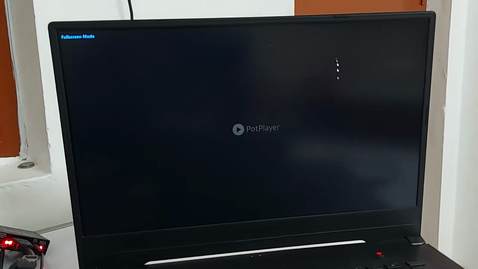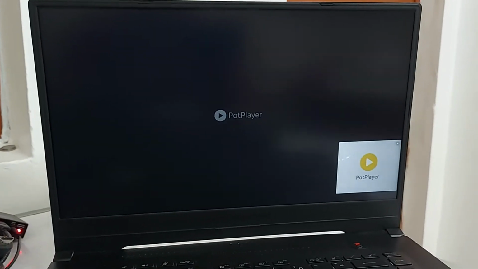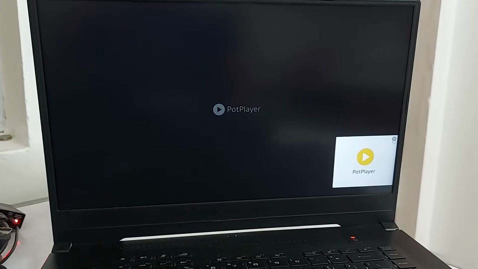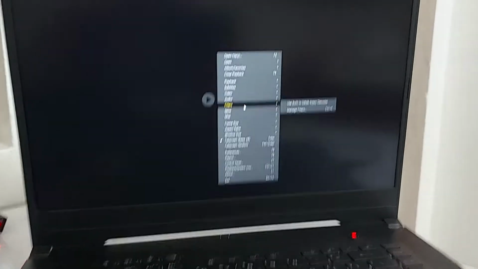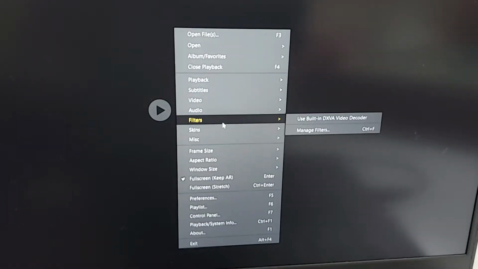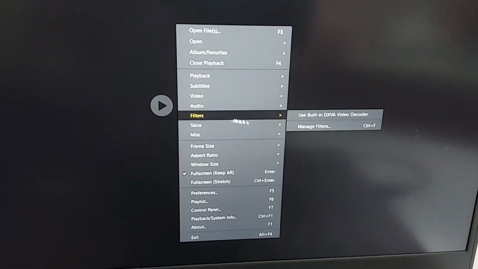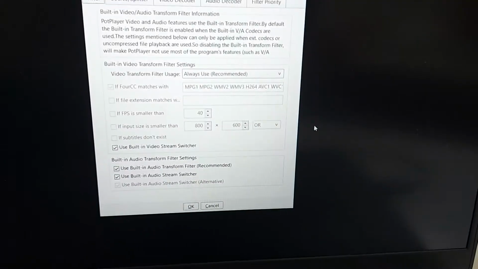Now you have to configure this PotPlayer. What do you do? I will tell you. Just right click, go to filters, manage filter.